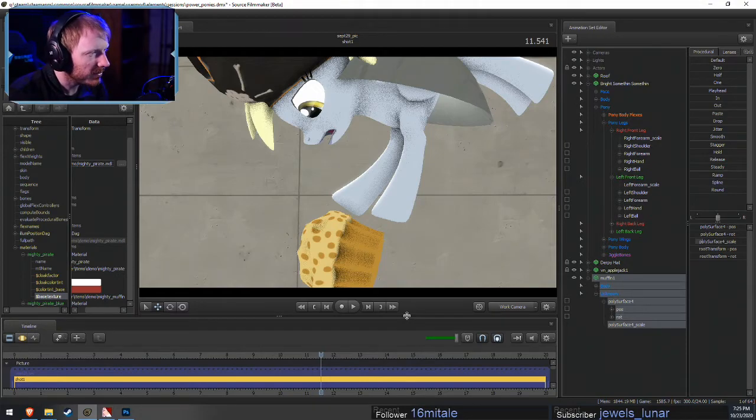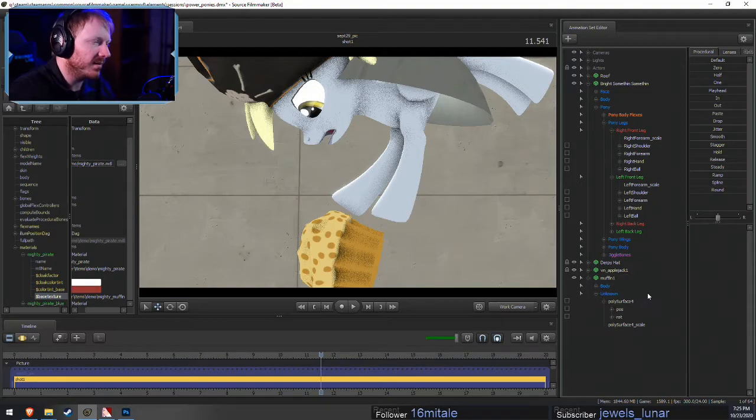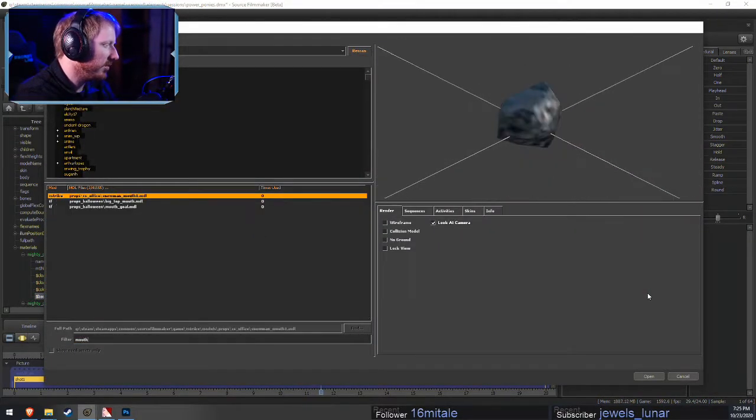Can I give the muffin a mouth? Is there like a mouth model? This is getting kind of weird, but